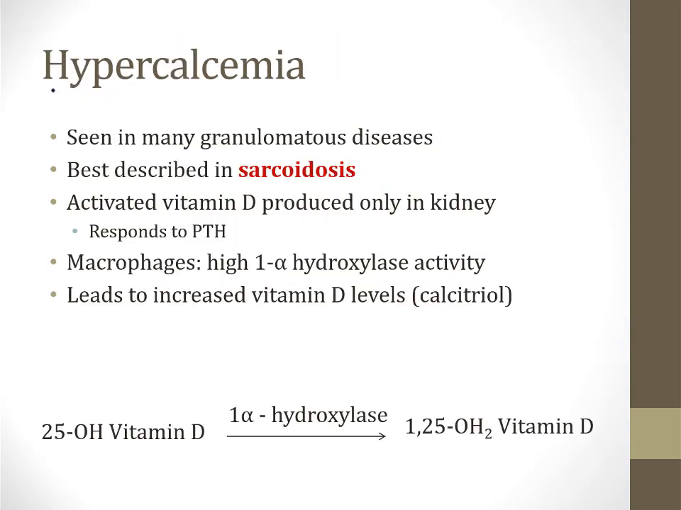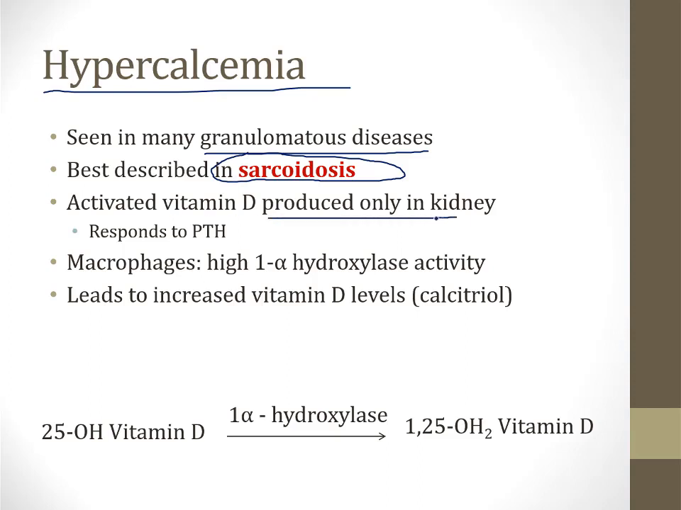Let's finish by discussing hypercalcemia. This is seen in many granulomatous diseases, although it's best described in sarcoidosis, and sarcoidosis is the classic condition to cause hypercalcemia. To understand this, you need to appreciate that activated vitamin D is normally produced only in the kidney, and in that location it responds to PTH, so the parathyroid gland controls the amount of activated vitamin D. Some macrophages have high activity of the enzyme 1-alpha hydroxylase. This is the same enzyme that's found in the kidney, which can convert vitamin D into its active form of